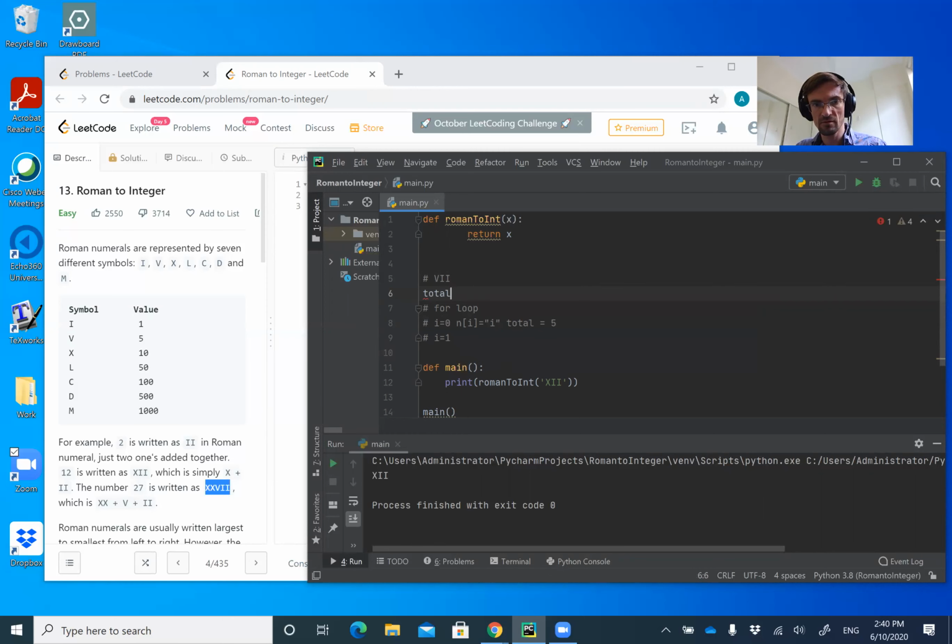Total is initially 0. So s of i will be V, and then total will be